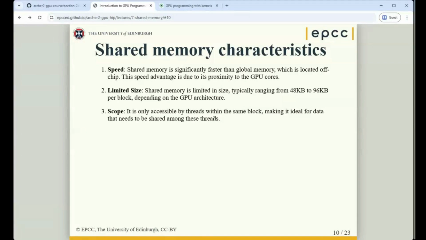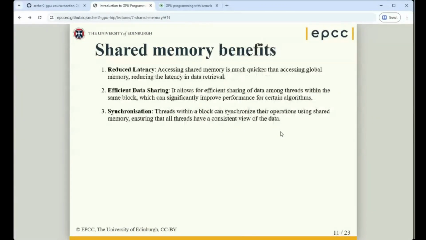And the scope, it's convenient when you want to share data between the threads on the same block. So that's also a benefit. Reduced latency, because it's closer to the compute units, so it will be faster to access. It's better to share data between the threads of the same block,